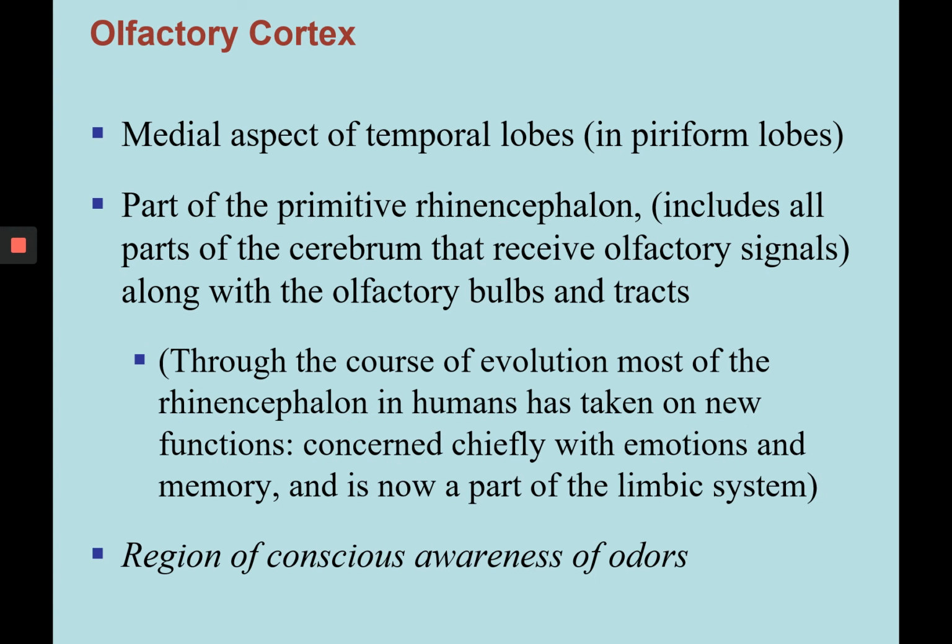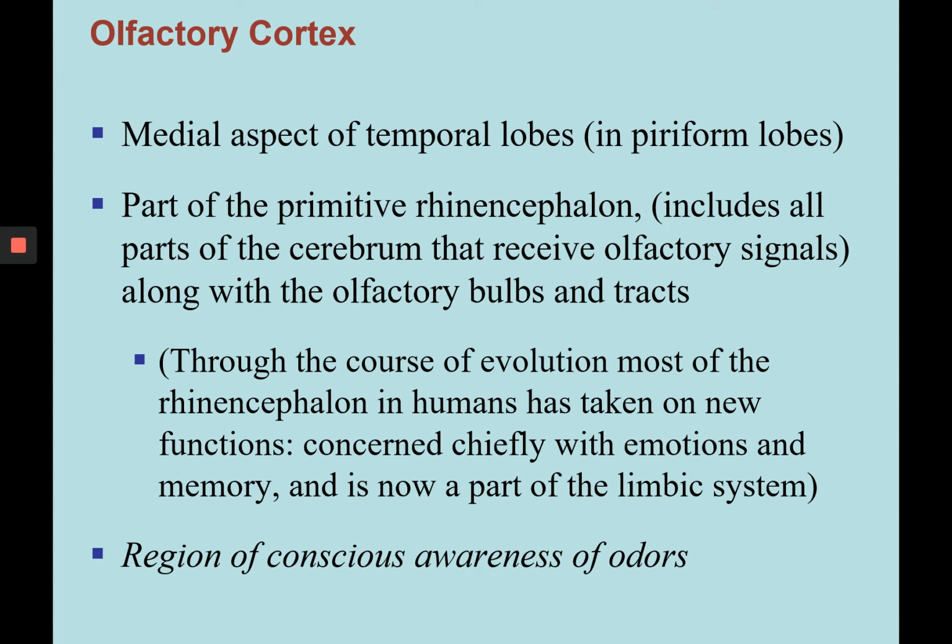All right, let's talk about olfaction next. So olfaction, we'll look at the olfactory cortex, located on the medial aspect of the temporal lobe. So it's medial, we can't really see it on the outside of the brain. It's located near the rhinencephalon. We sometimes call this the primitive rhinencephalon because it involves parts of the brain that are involved in olfaction, but also linking this olfaction to memory. We don't really have the primitive rhinencephalon anymore. We have structures that remain, like olfactory bulbs and olfactory tracts. But through the course of evolution, most of our rhinencephalon in humans has taken over new functions, things like emotion, memory,